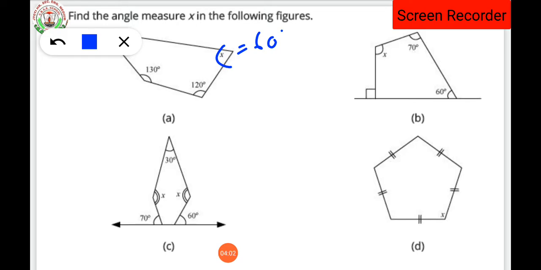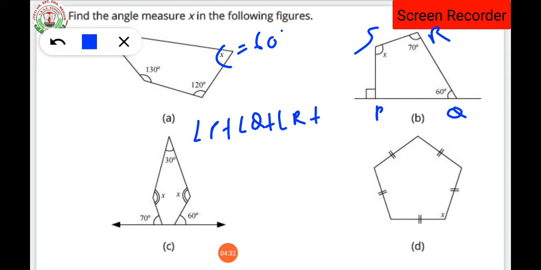Now in the next question, the B part. Can you see the B part over here? Let's give the name as P, Q, R, S. Okay, dear students, you can give the name according to your wish also. Since in the figure no name is given, you can give the name according to your convenience. Now you will say to me, teacher, as we are using the property of a quadrilateral, that is angle P plus angle Q plus angle R plus angle S is equal to 360 degrees. Now you will ask me, teacher, where is the angle P? We don't have any angle mentioned for angle P.